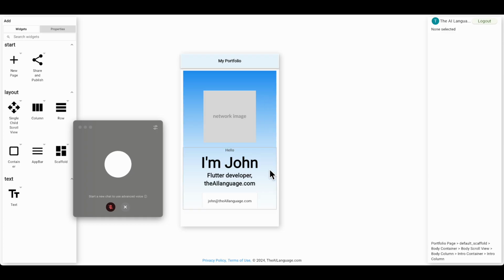After that, we have a body scroll view, which allows the content in the container to scroll up and down if it's more than the height of the screen. So it's a vertical scroll view. And inside that, we have this body column, which has all my content. Right now, we have two things for content. One is the image, where I'm going to add the image of whoever is making this portfolio. They can actually set a URL to replace this placeholder with that. And then we have the container for the introduction of the portfolio owner, which is basically telling the name, designation,